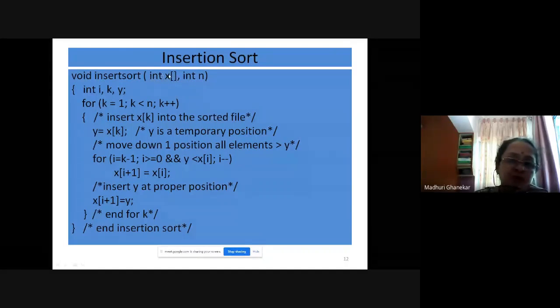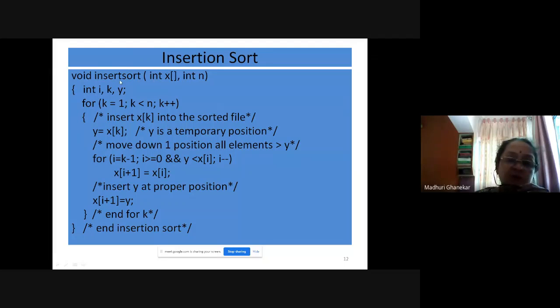You will be passing that array to the insertion sort function. Remember, this is a function which will be invoked from the main function. And we also pass the total number of elements inside the array, suppose it is n.